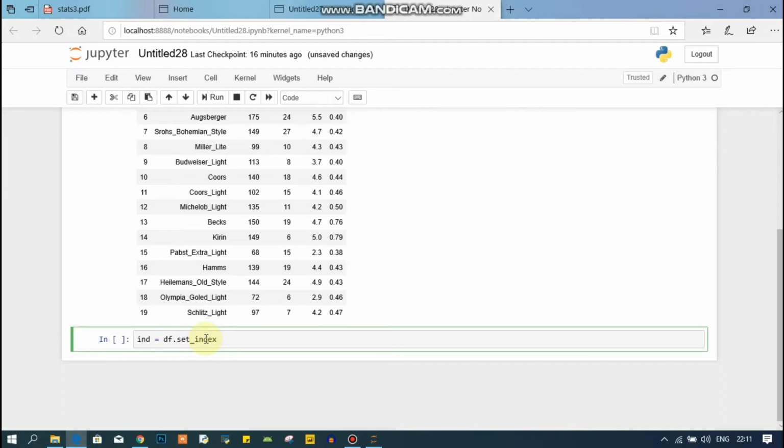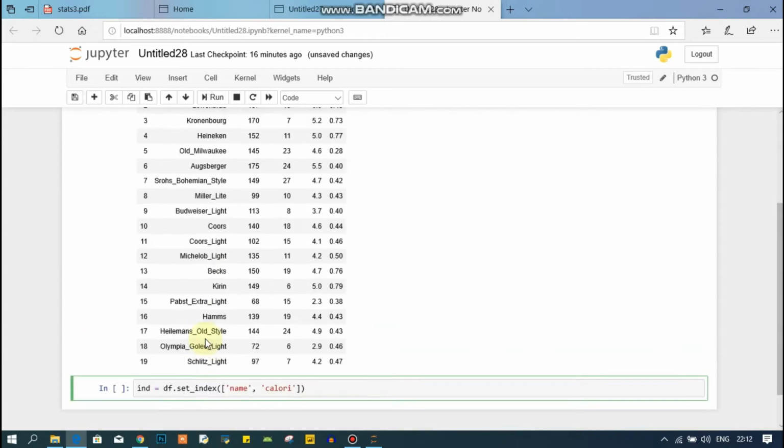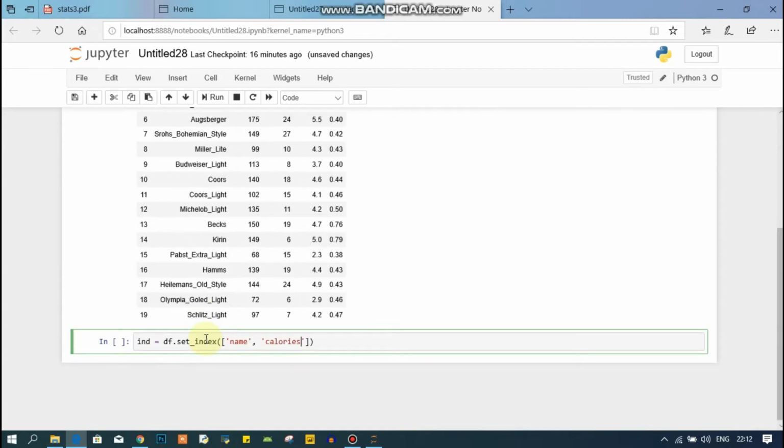We will do the same thing which I have done previously for setting only a single column. I will just pass the names of the columns which I want to set as an index. So I'm going to pass here name and calories.